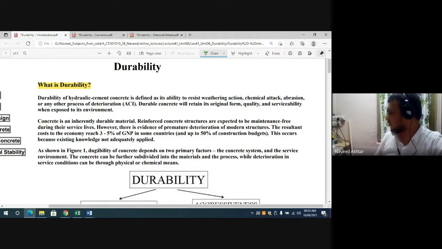So thank you for this. Unit number 6, our A part, is also over today, and only the B part is remaining. That is repair of the concrete, and we will finish as soon as possible. So we will stop today.